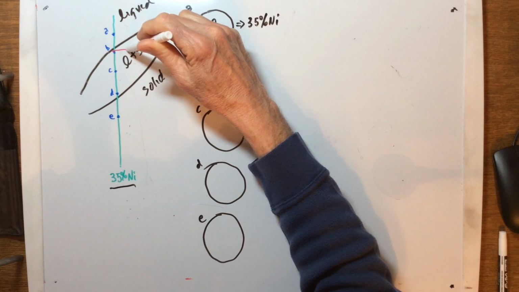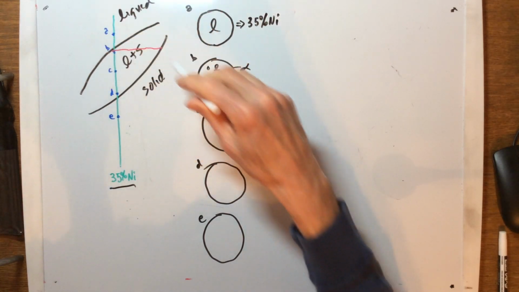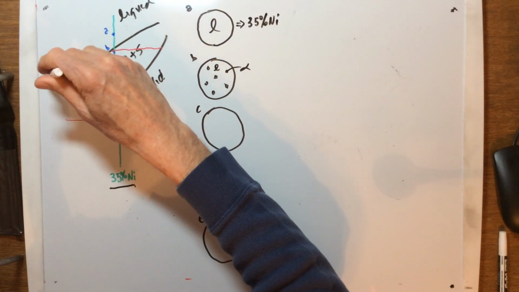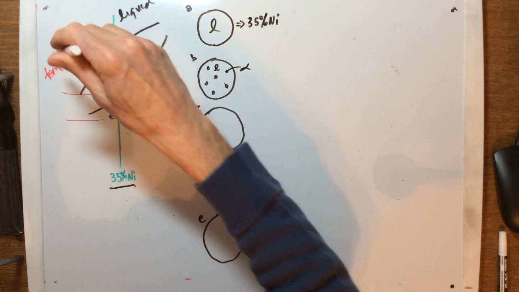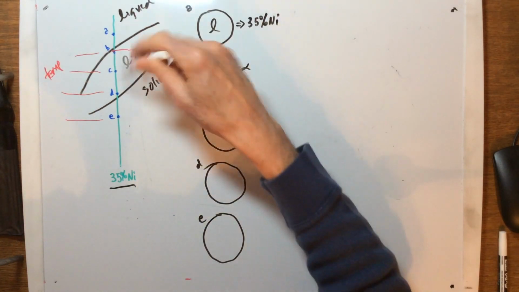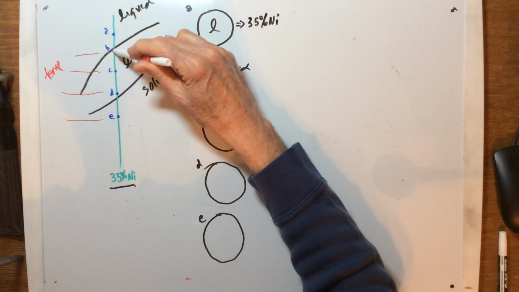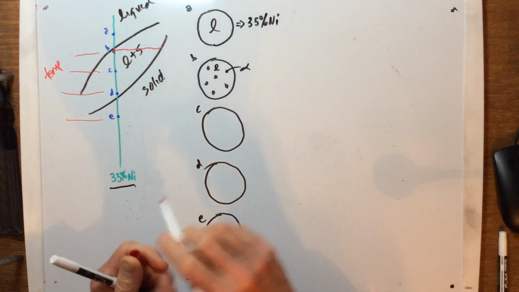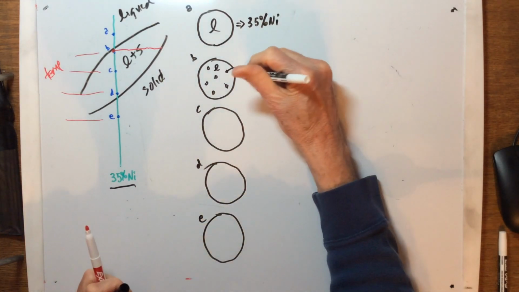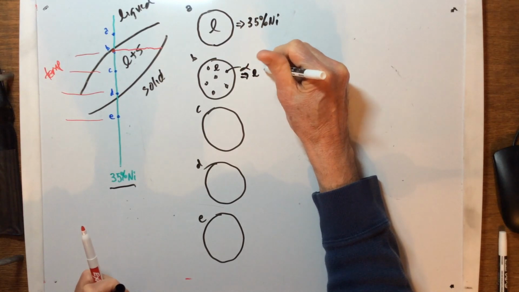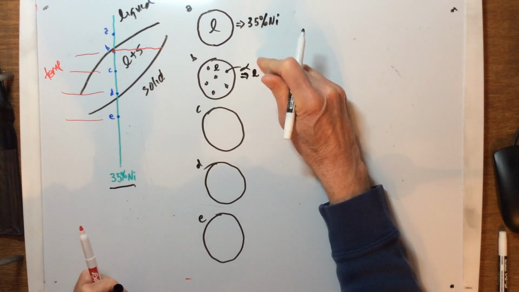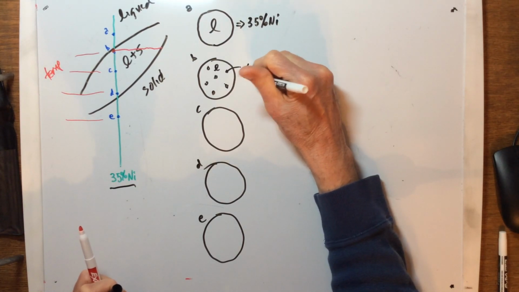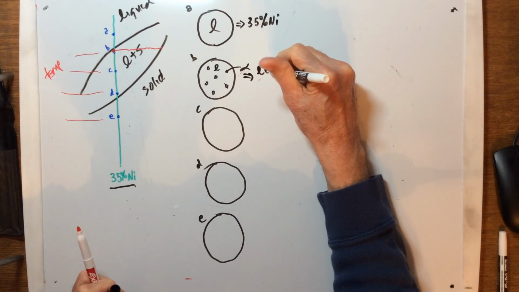Since it's just inside, we'll use that point and draw a tie line at whatever that temperature is, because these are all represented by specific temperatures. But that really doesn't matter what they are, just where they're placed. When we draw this, we know the liquid is still going to be at 35%. Liquid at 35%